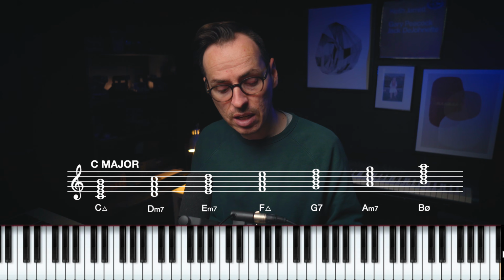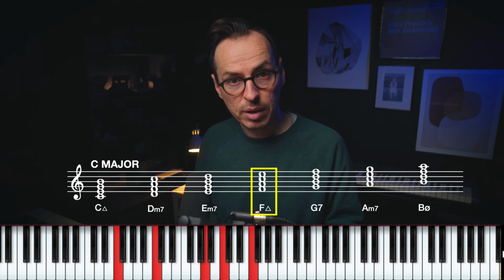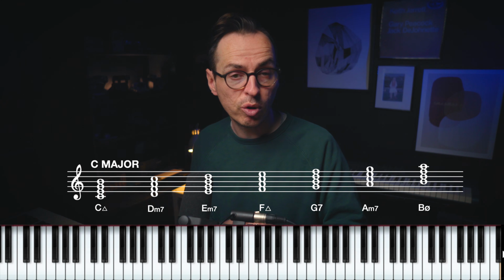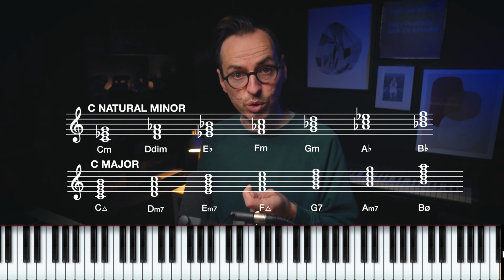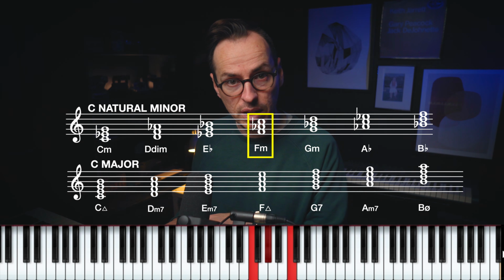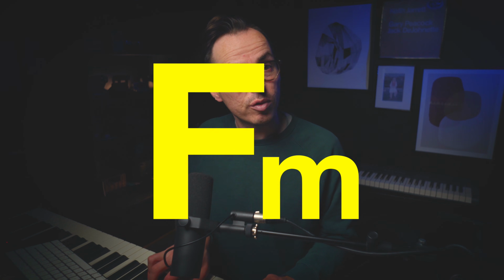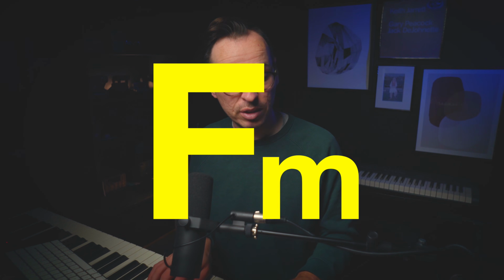Another really common example of this one chord interchange is the 4 minor. In the key of C, our 4 chord would normally be F major. But if we borrow from the parallel key of C natural minor, our 4th chord is F minor. This is a really common progression. You'll often see this come after you've played the 4 chord from the major key, you'll play the 4 chord from the minor key to resolve back to the 1. So you might have